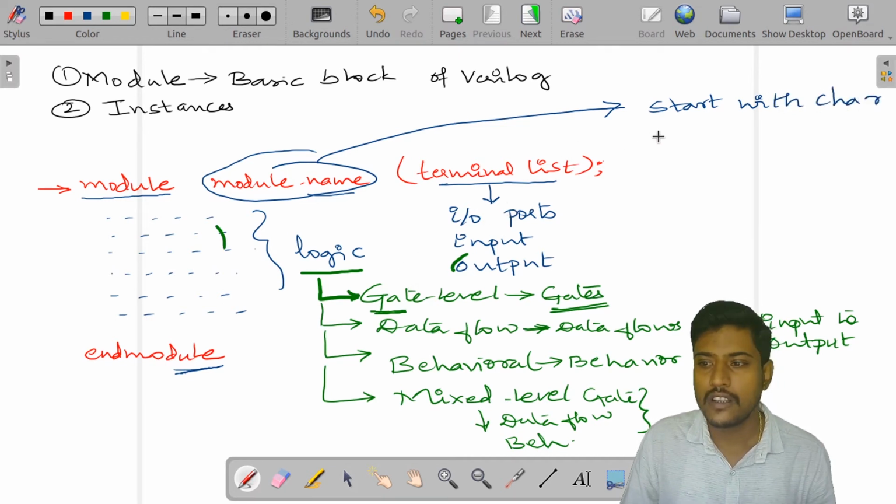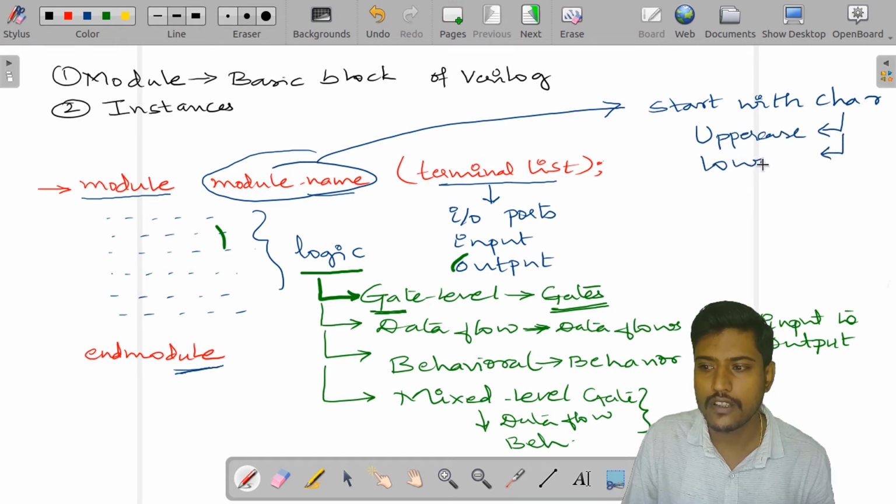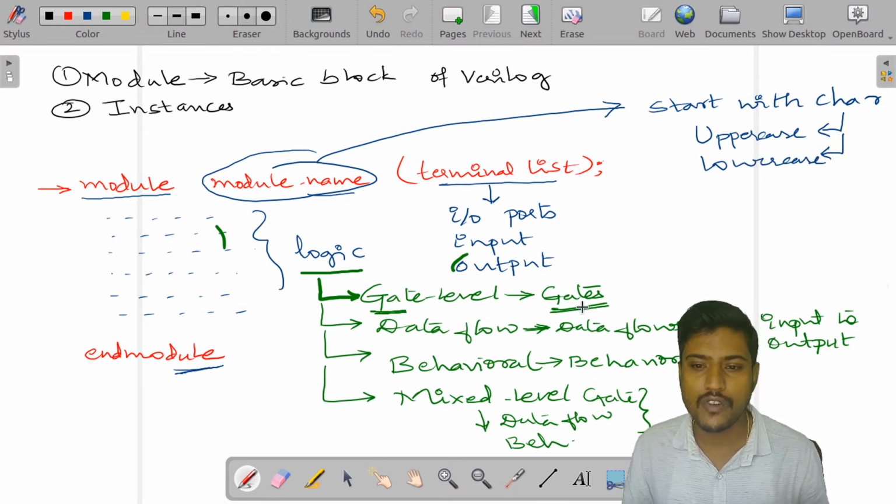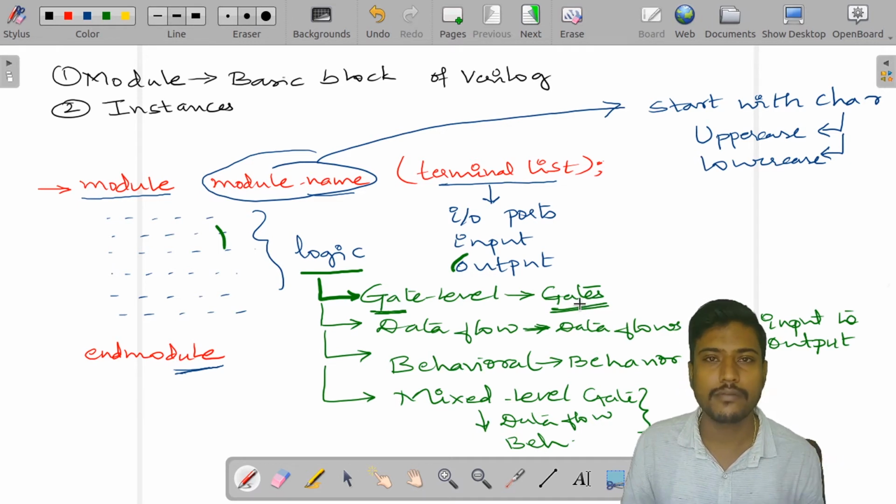This character can be in uppercase, or it can be in lowercase as well. But the starting name should be what? It should always start with an alphabet.